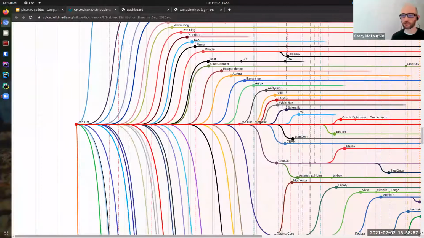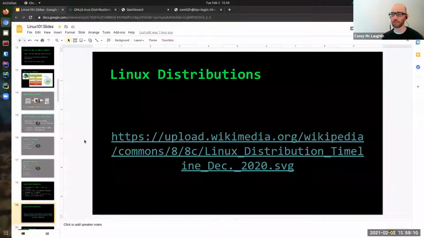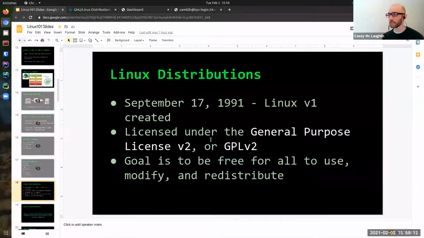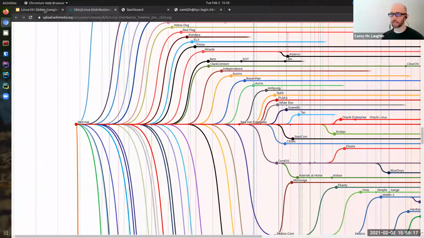And it's listed here somewhere too. Finally, the third major distribution was Red Hat. And the difference between Red Hat and these other distributions is that Red Hat was in it to make money. So the GNU GPL license doesn't specify that you can't use the code in commercial products, which a lot of people do.